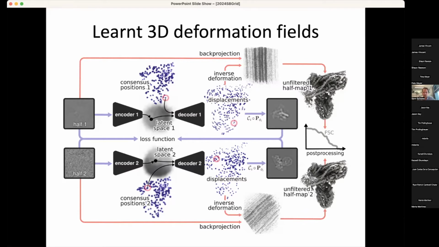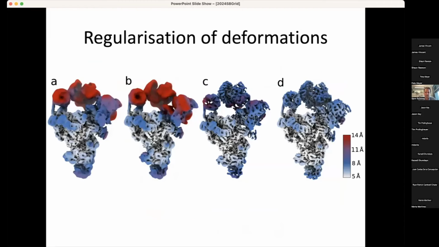And because we do this completely gold standard, we now have two independent unfiltered consensus reconstructions, which we can compare with each other using standard FSCs and post-processing procedures.